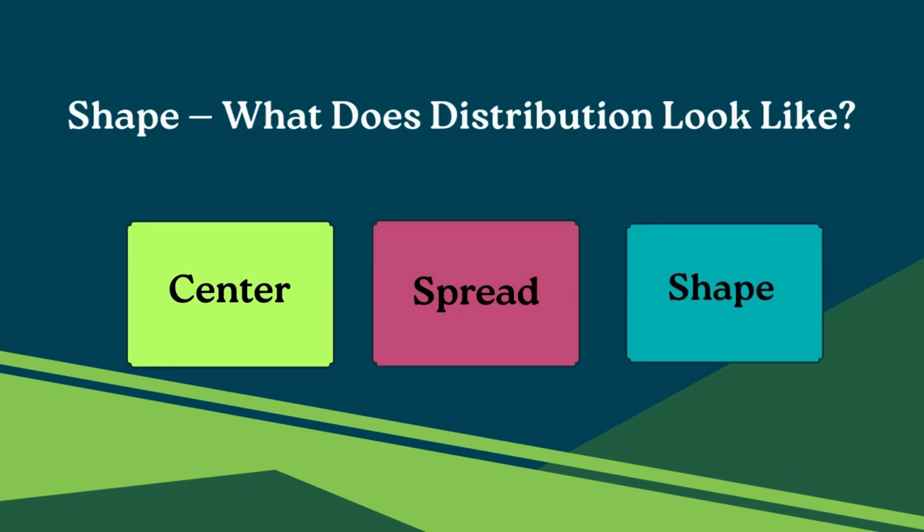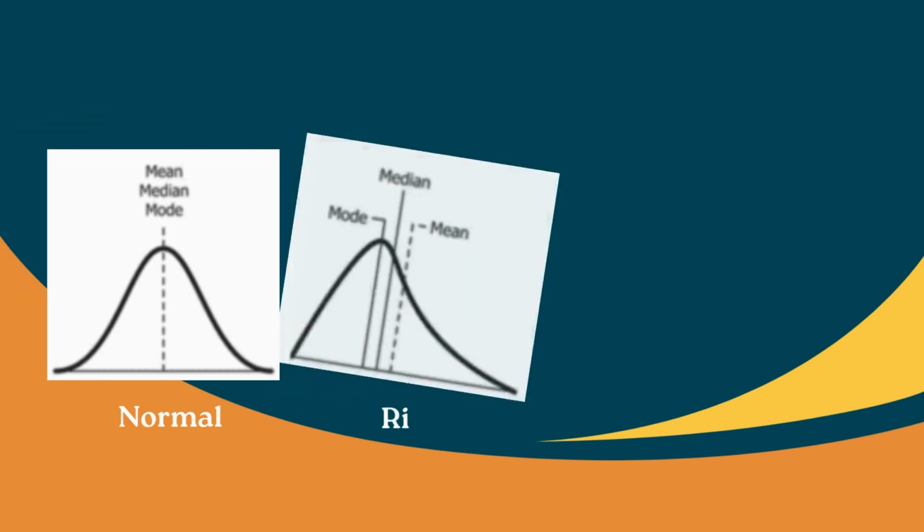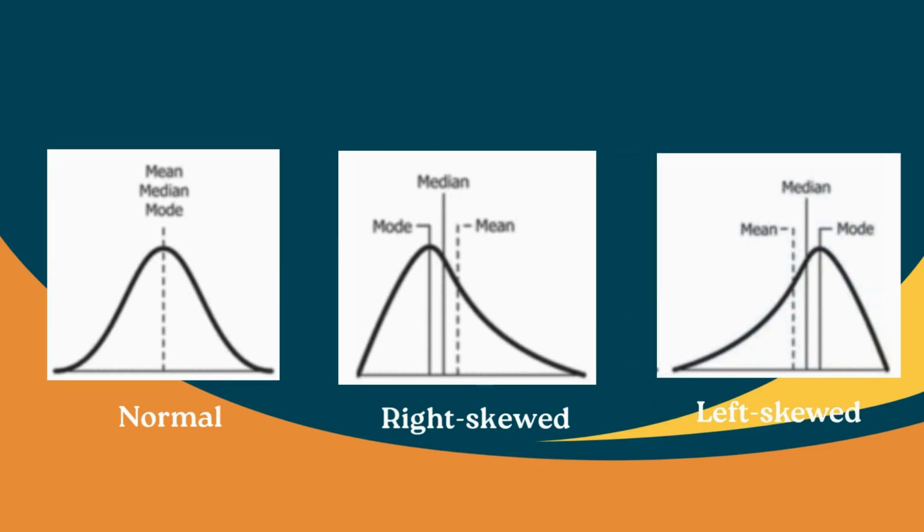Finally, descriptive statistics also tell us about the shape of our data. If data is evenly spread around the mean, we call it a normal distribution, a bell curve. If it stretches more to the right, it is right skewed, common in income data, where a few high values pull the tail. If it stretches to the left, it is left skewed. Visualizing data using histograms or box plots helps you see these shapes instantly, making it easier to spot outliers and